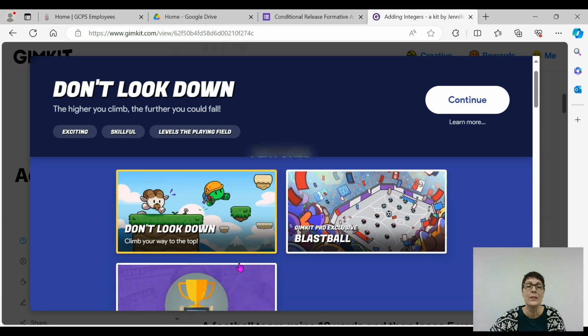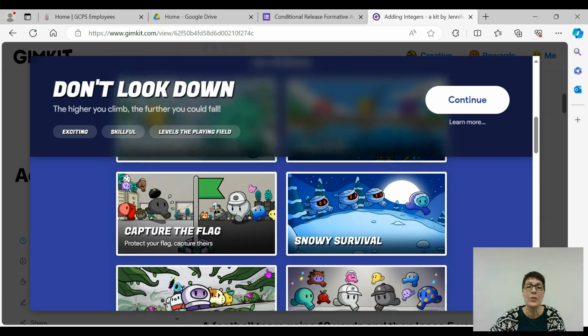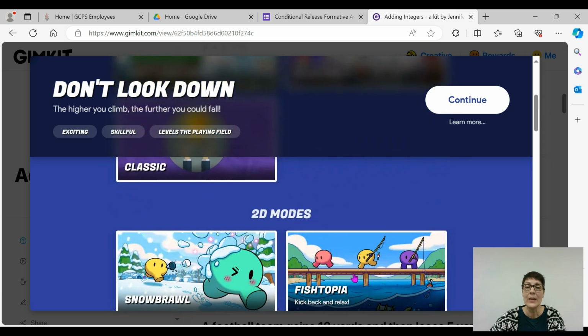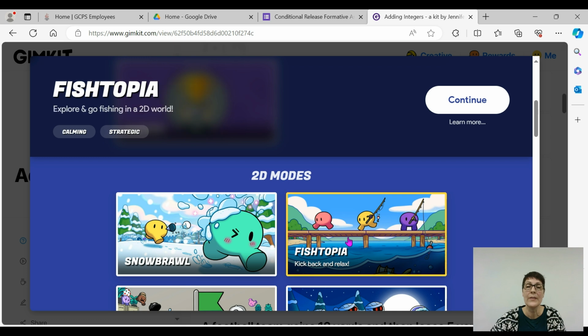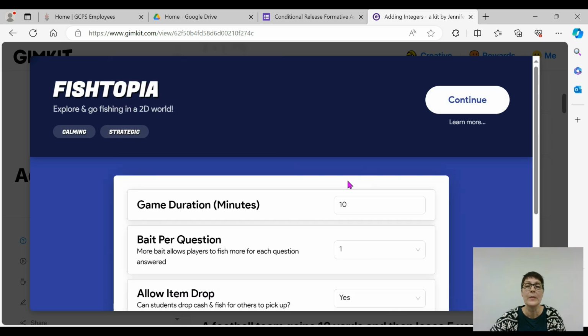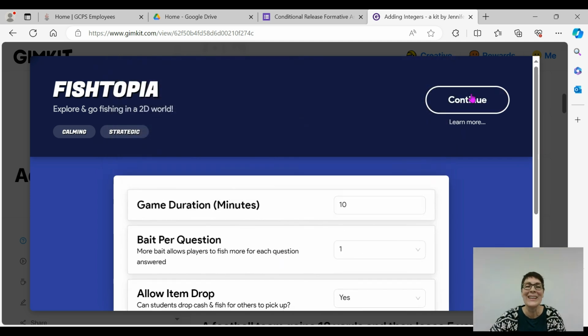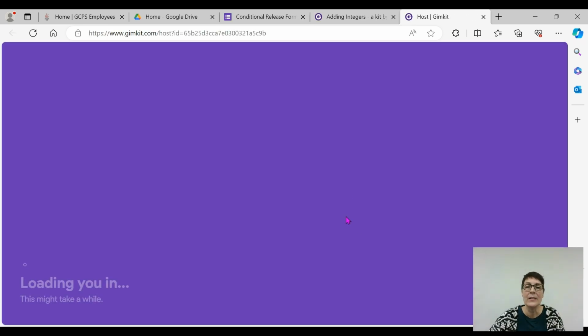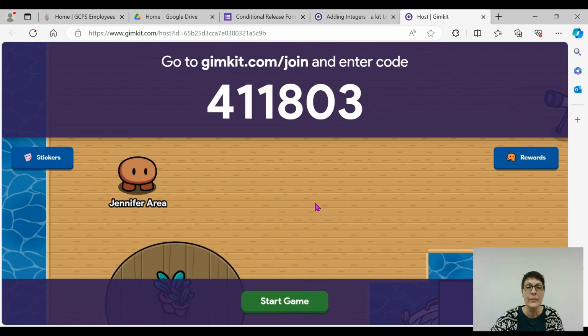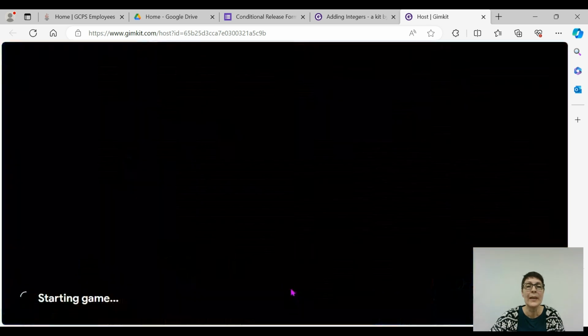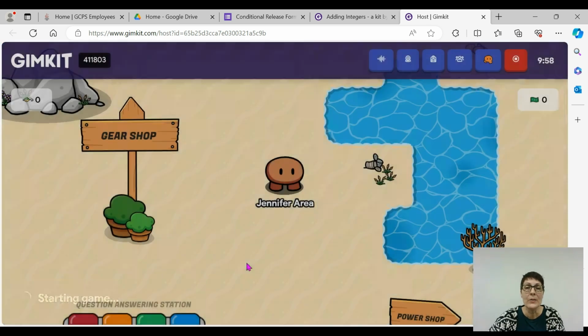Gimkit has already created a lot of different games that you can choose from. I know that seventh graders like Fishtopia, so I'll choose that. Hit continue. You can choose the duration of the game and any of these other settings, which I'll let you explore on your own time. Hit continue, and the screen comes up. Little creatures with the kids' names on it appear. And I'm going to join as a spectator, start the game, and the kids will have to go to a station